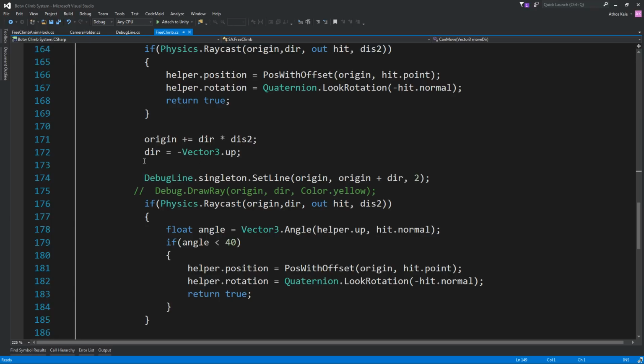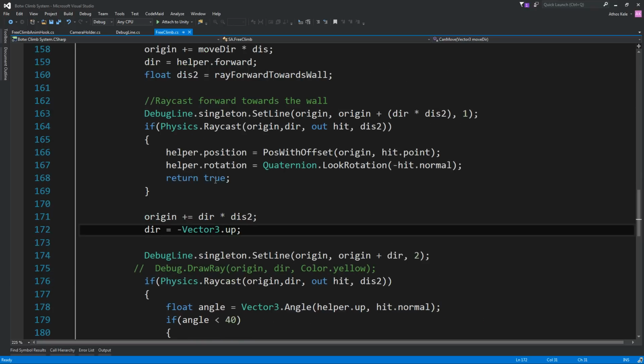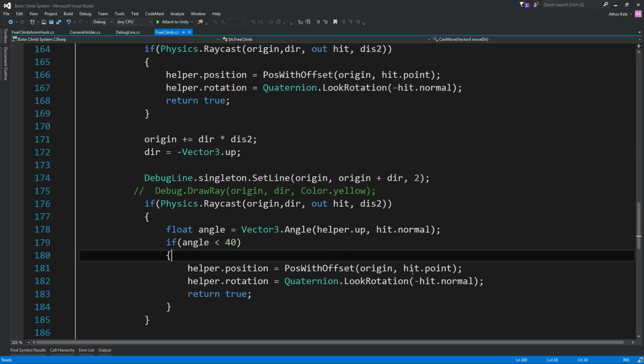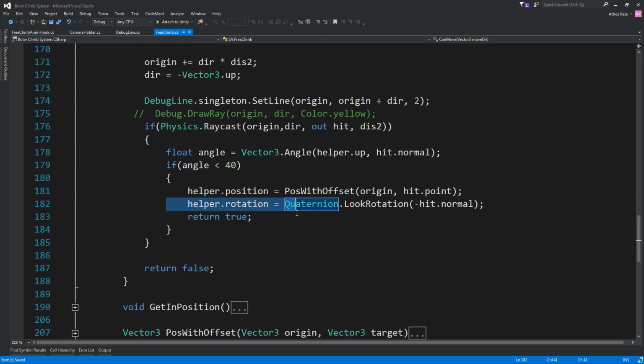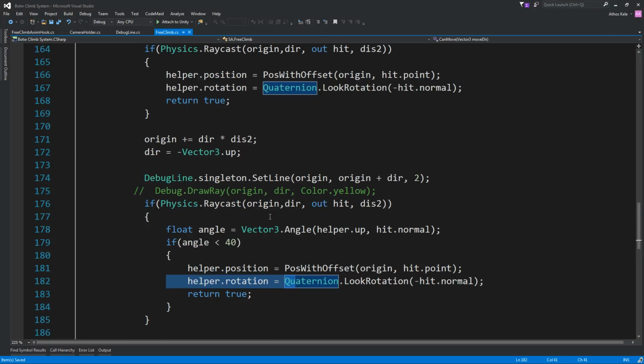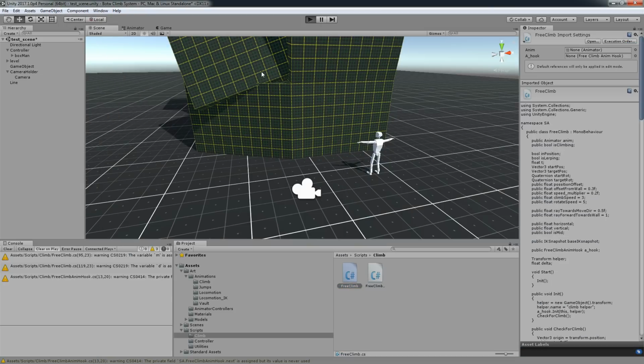let's see, we're doing a raycast down. And I think this has to do with going down, so we might not need this over here. We will need the, oh yeah, I know what it is. It's getting the first direction. I think this might be wrong though. Anyway, let's see.